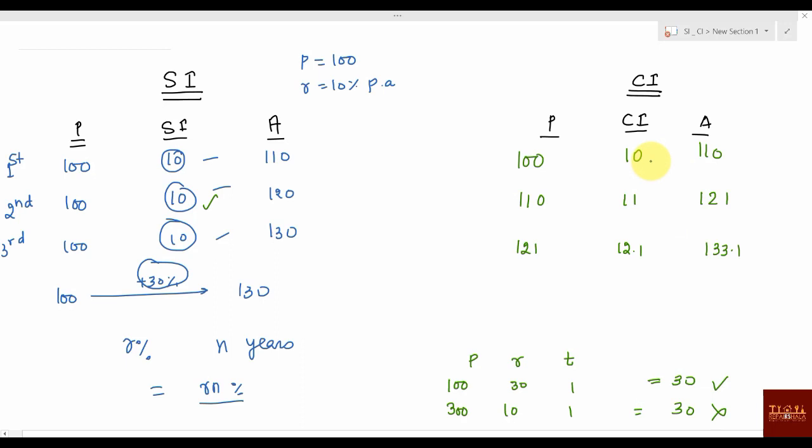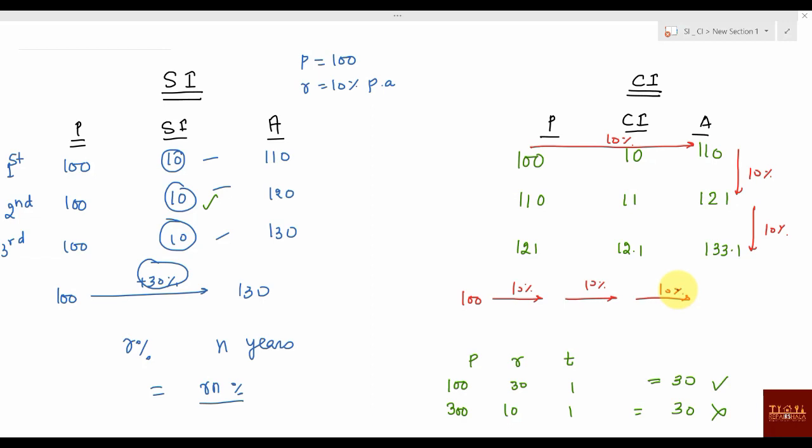Now if you look properly, you can say between here to here 10% increment, between here to here 10% increment, and between here to here how much increment? 10%. So what you can say, actually it's a successive increment of 10%. So what is your compound interest? It's a successive increment with a time component. If there is no time component, it will be successive increment, and you will be dealing with it in percentages. But it has a time component, which means we'll say it's compound interest.